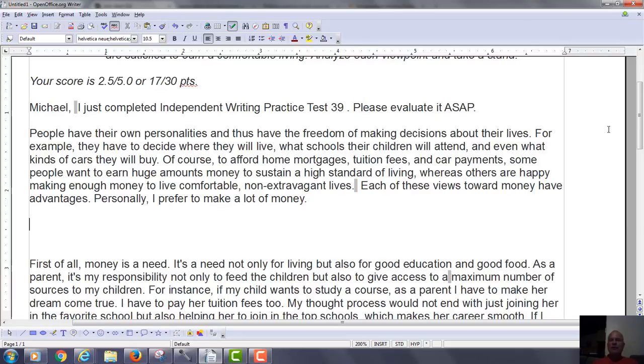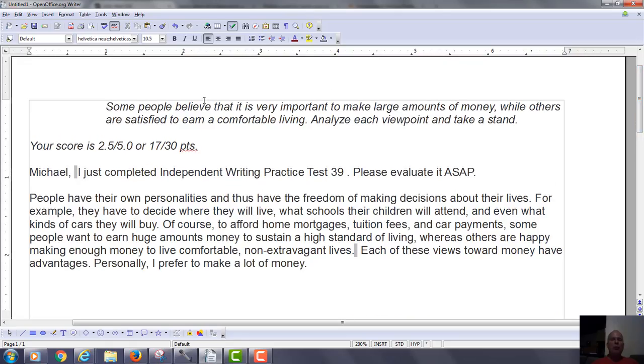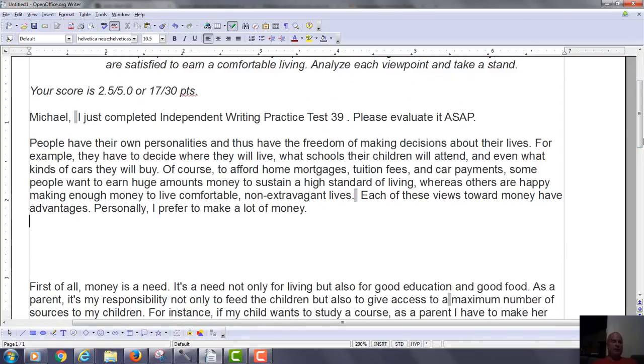Now remember that each essay is different. It depends on what the writing prompt is, and that depends on how you will organize your essay. Notice if you looked at what we just read, instead of saying analyze each viewpoint, it says which viewpoint do you agree with and why, give reasons to explain your point of view. That would be totally different. I would probably have a 5-paragraph essay for that. But based on what we're trying to do, right, I would say,